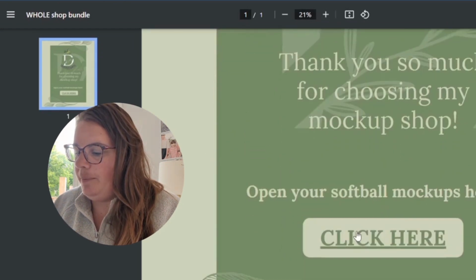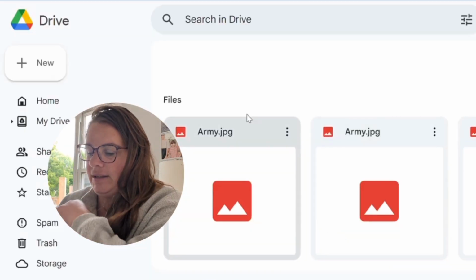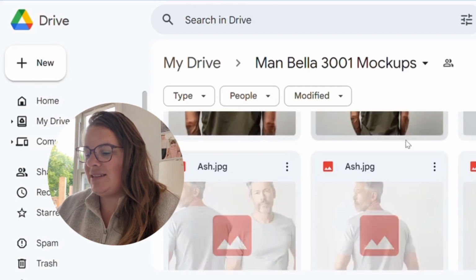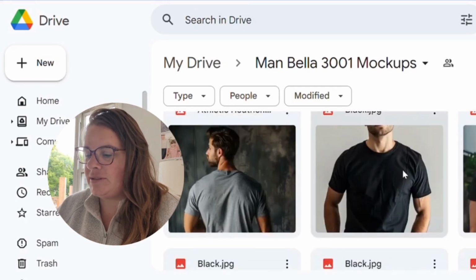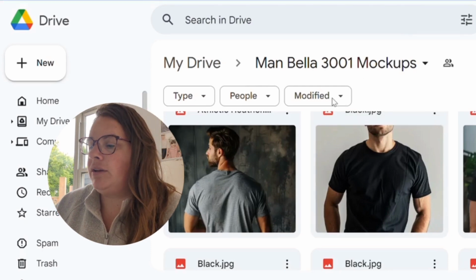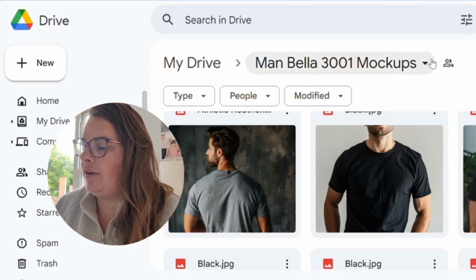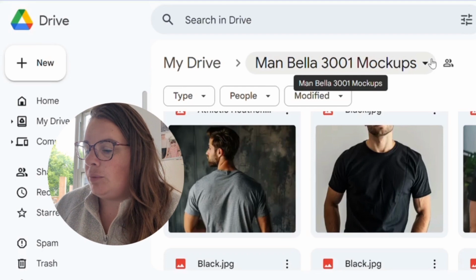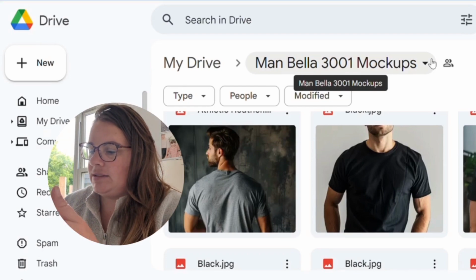So they'll open that up from their digital download, and then they'll be able to click, and again, it brings them to the mock-up bundle. So that's the way that you share larger files if you're looking to share large digital files on Etsy. So what I'm going to do is I've got it